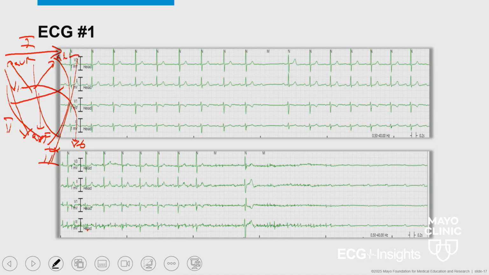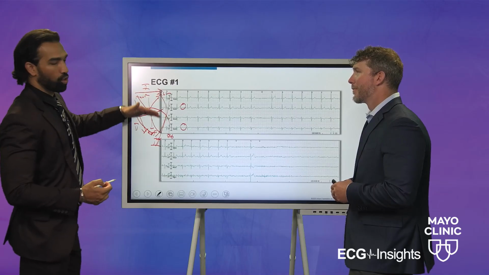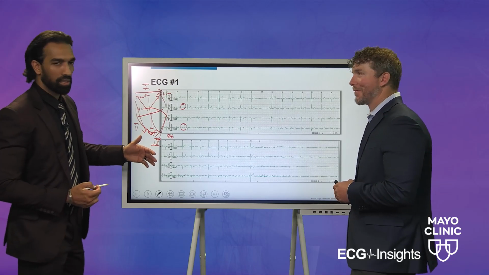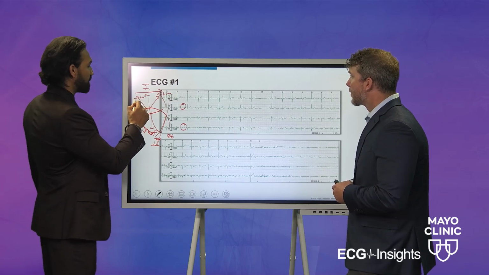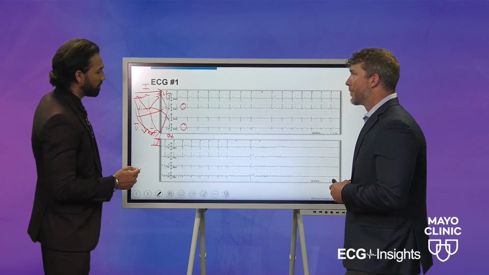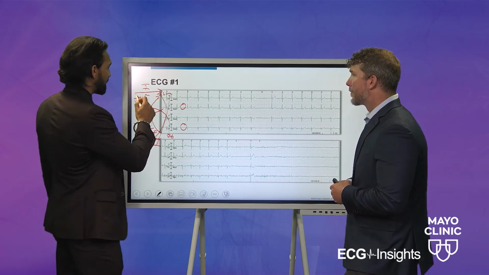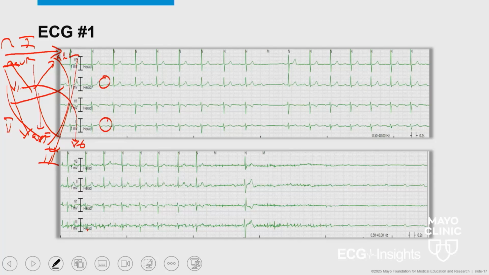So looking at this specific ECG, we have 4 leads available to us. We have V3, lead 2, V1, and lead 3. So we know that the P wave here is positive in lead 2 and is positive in lead 3. So already we know it's coming from high up and going down, likely sinus atrial activity. So the sinus node being located here between the SVC and the RA junction. And if we had other leads, if we had lead 1, it'll be positive in lead 1 as well. If we had AVR, the P wave will be negative in AVR because of the same concepts. So we have a sinus P wave.